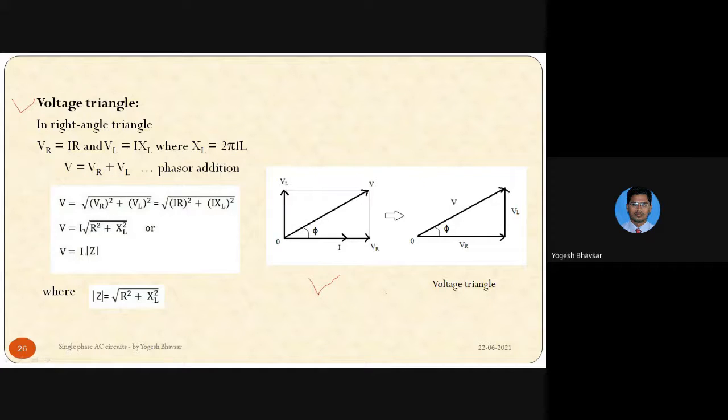So for drawing the voltage triangle, let us consider any of the triangles from this rectangle. See, it becomes a rectangle now. By combining the VR and VL, there is a resultant V, right? So when we look at this phasor diagram, it becomes a rectangle. So we can consider any of the triangles from this complete phasor diagram and just mark the different voltages for different sides, then it becomes the voltage triangle.